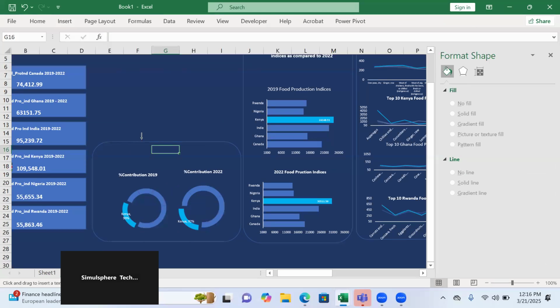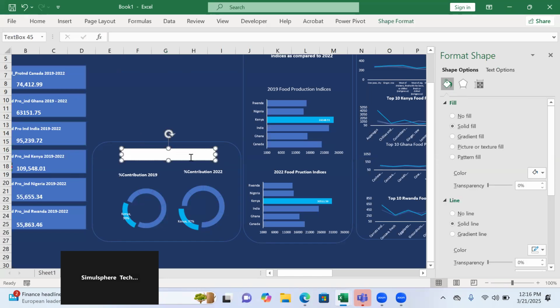I'm going to call this Percentage Contribution by Country. Or country with the highest percentage contribution,